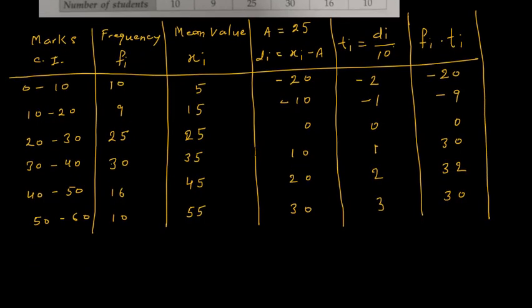Now the total of frequency. So here we have frequency 9 plus 5, 14, 14 plus 6, it is 20. Then 2 plus 1, 3, 3 plus 2, 5, 5 plus 3, 8, 8 plus 2, 10, 100. So summation of frequency is 100. And here if we add, this is minus 20 and this is 30. So we get 10. And 10 minus 9 is 1. Now I have to add 32, 30 and 1. So 30, 30, 60, 63. So this total we will get 63.